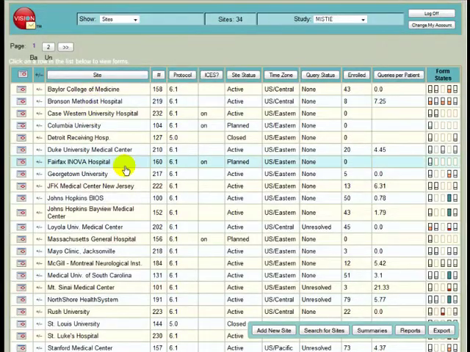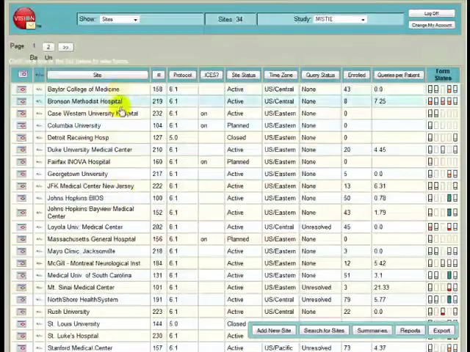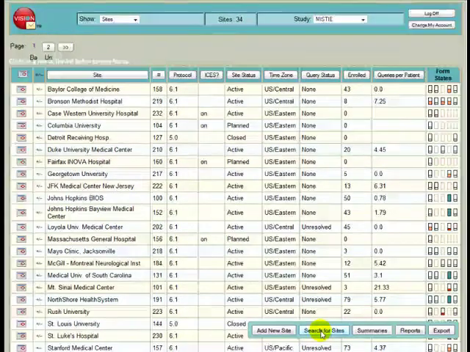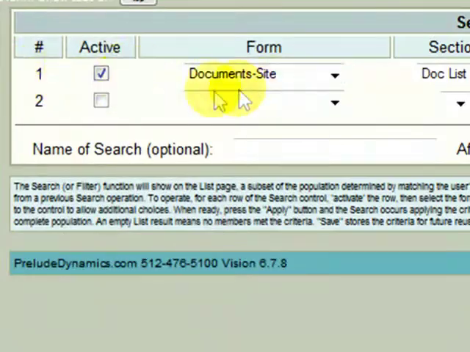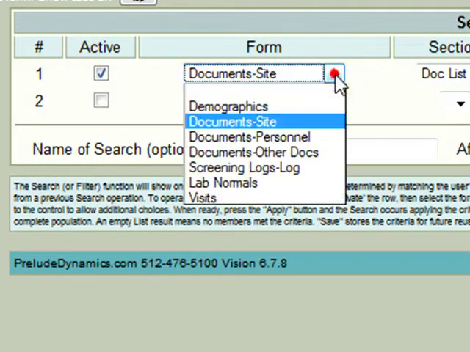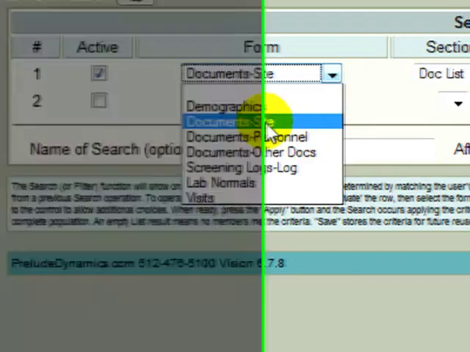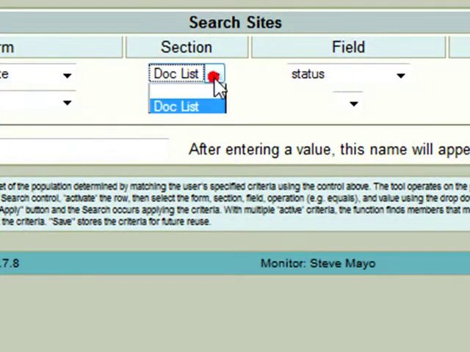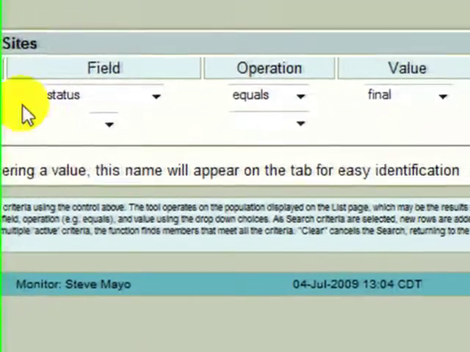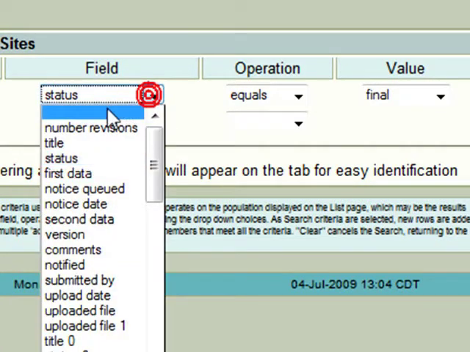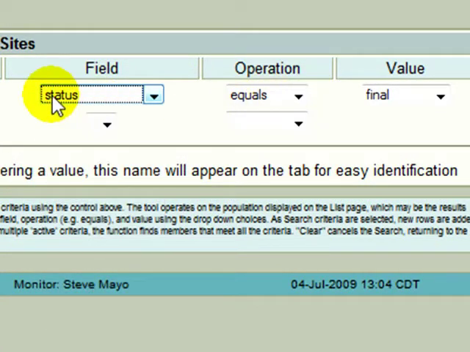So back in Vision, we're looking at a list of sites here, and there's a lot of sites. There's 2 pages for us. So let's do a search criteria to narrow the list down. We'll click Search for Sites in the footer. I already have a search created here, but basically I just clicked Document Site in the Forms. I selected Doc List as the section. Status is the field I was interested in, and I want to select